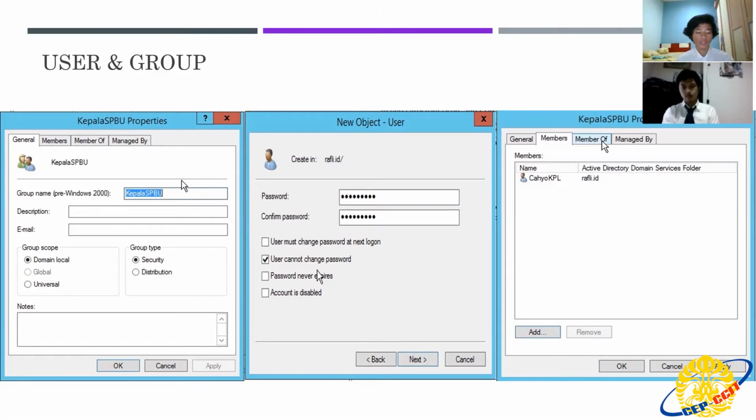The next page is named Member Of, from which you can make this group a member of any group. You can also either directly enter the name of the group, or you can search the names using the advanced search option. The last page is for the user that will manage this group. You can provide the name and information of the person who will be responsible for managing this group. And then for